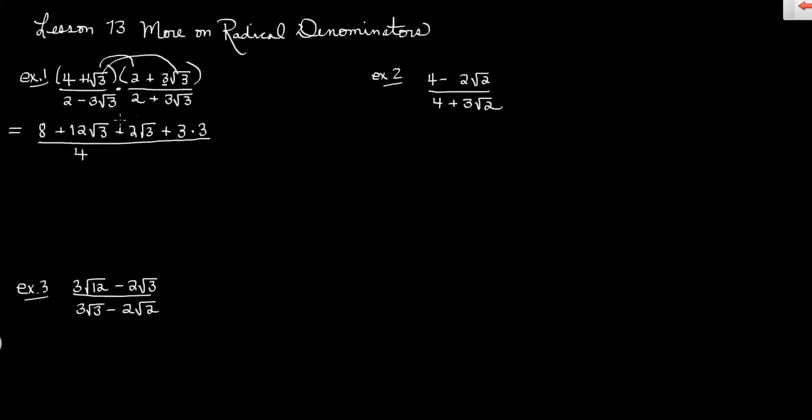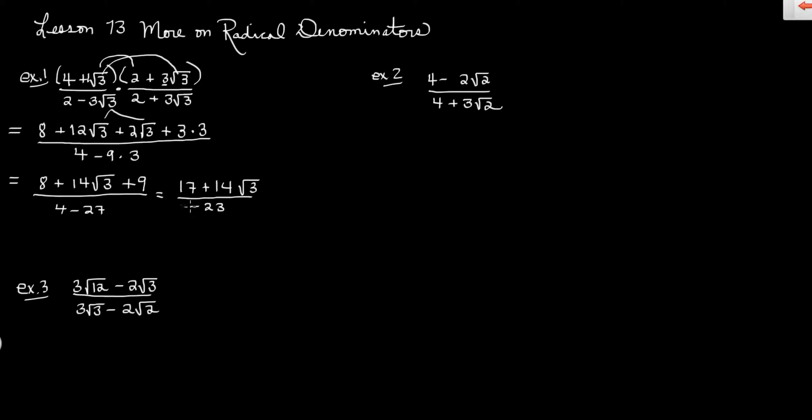And then you do your last. Negative 3 times 3 would be negative 9. Square root of 3 times the square root of 3 is just 3. And now to clean it up a little bit, we get 8 plus 12, or it would be 14 root of 3. These are the like terms right here, plus 9 over 4 minus 27. And we continue to clean it up. We get 17 plus 14 root of 3, all over negative 23. Now, you'd be tempted to stop there, but it's not good to have a negative sign